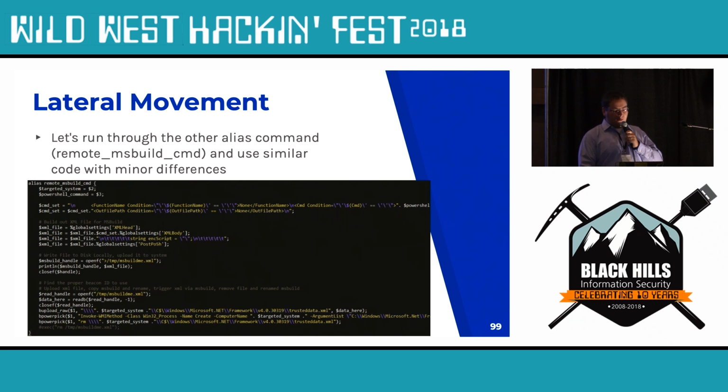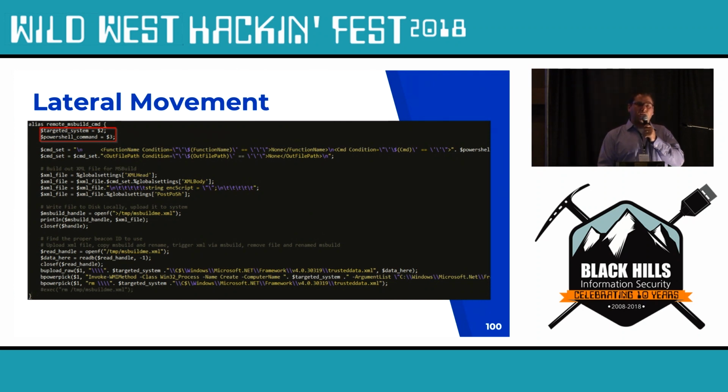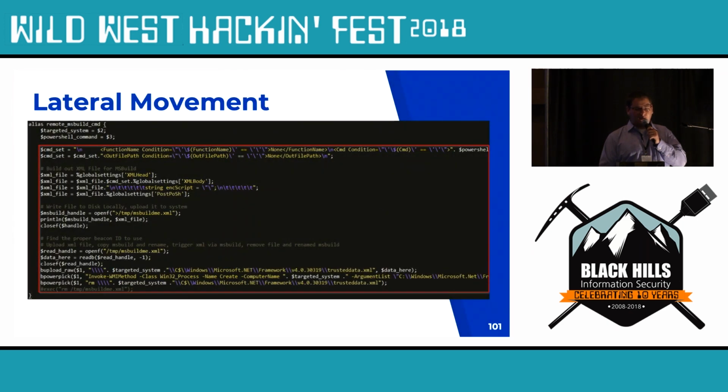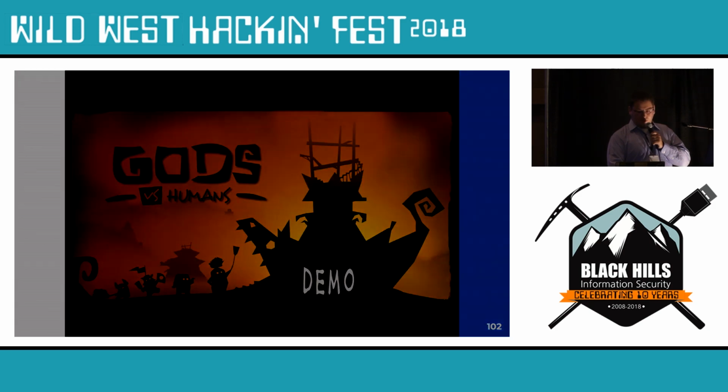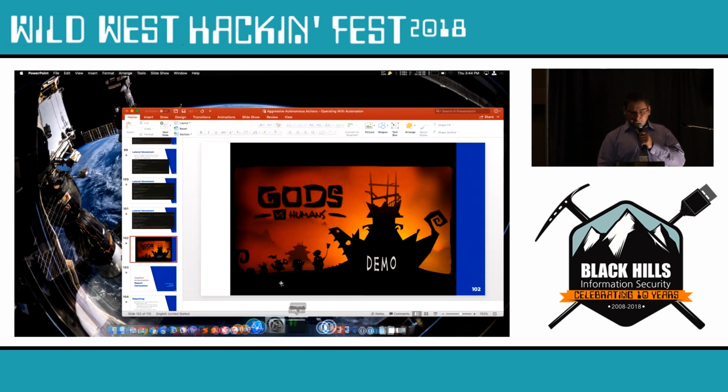So let's run through this. There's one other command that's very similar. We just showed how to do this with a script. This next part is, what if you just want to run a PowerShell command like get date or something like that? Same exact process at the top, again, defining a couple of variables. And these next parts are just building out that XML, swapping out the command you want to run within the XML itself, and then running it via invoke WMImplant and calling MS-build. So let's do a quick demo of what that looks like.